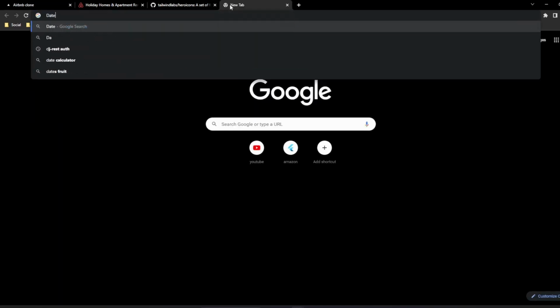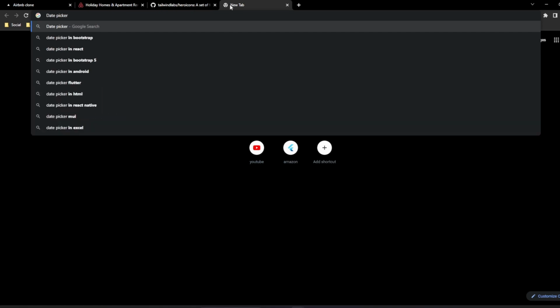But if you remember, when we click on this search bar and if you enter something in the showcase, there was a date time thing coming up here where we had an option to select the number of users, I mean the number of guests, and also the range, like from the start date to end date. So for getting that functionality, we need to do something. So for that, I'm using a date picker library. Actually, it's date range picker,